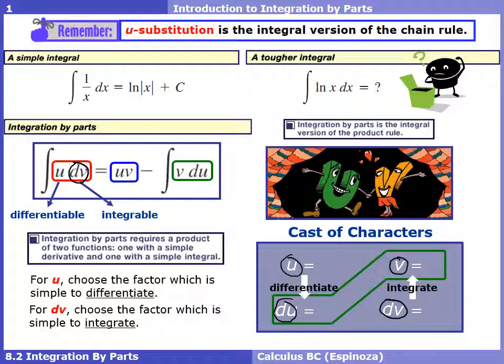You'll notice over in our formula, we have a u, and we have that u here. We have a v, and we'll have that v here. We need another v, which we already have, and then we need a du, which we already have down here. So that's the good news: with this little cast of characters filled out, it's just a matter of taking those things and sending them over to our formula for this integration